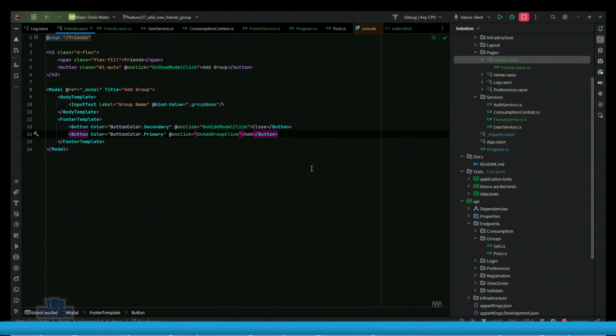So let's do, so we've got the friend service, private async task uninitialized. Yeah, that'll work, but we need an actual list of friends. Private IEnumerable of friends view, group view, groups equals that, and then in here if groups,